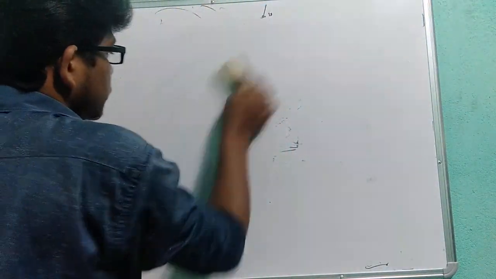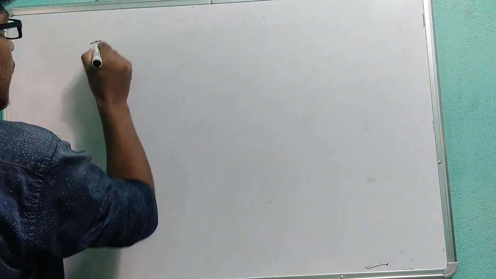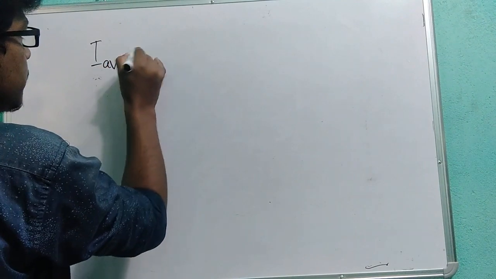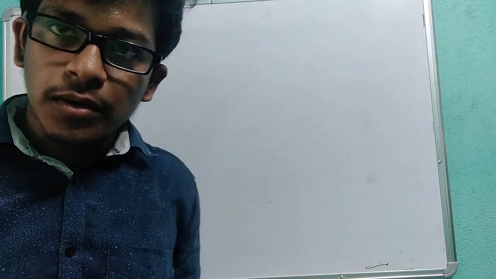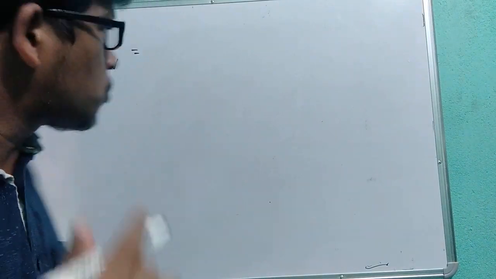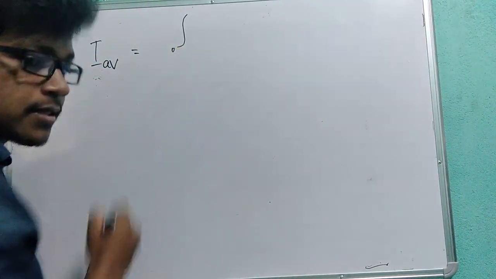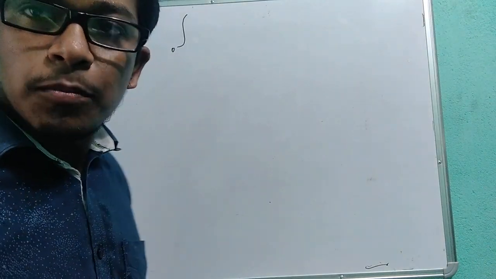Now we will do the mathematics. Remember the structure always, students. So I will calculate I average. In physics we always take the average. Why? Because the absolute value is not always known to us. So what we are doing is considering a phase difference. So the phase is from 0 to 2 pi.